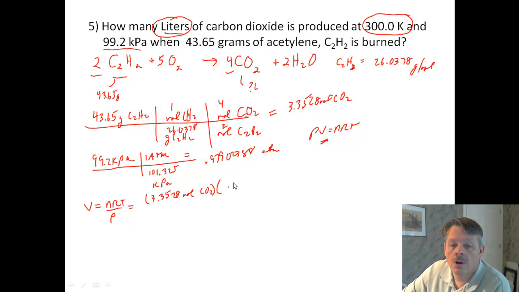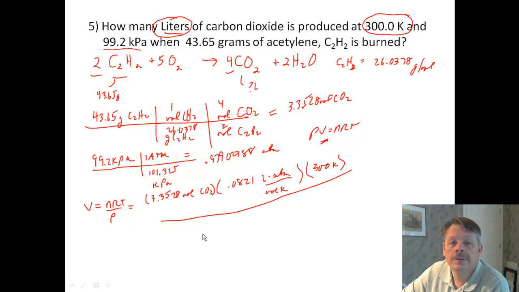And my R constant is 0.0821 liters atmospheres per mole Kelvin. And my temperature is 300 Kelvin. Nice round figure. And my pressure is, what's my pressure? I just figured out that it's in atm up there, so it's